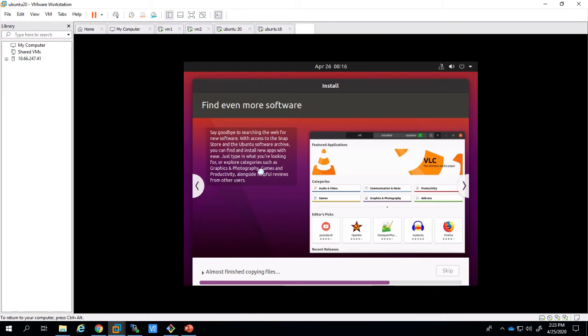Find even more software. Say goodbye to searching the web for new software, with access to Snap Store and Ubuntu Software Archive. You can find and install new apps with ease. Just type in what you are looking for or explore categories such as graphics, photography, productivity, alongside helpful reviews from the users.